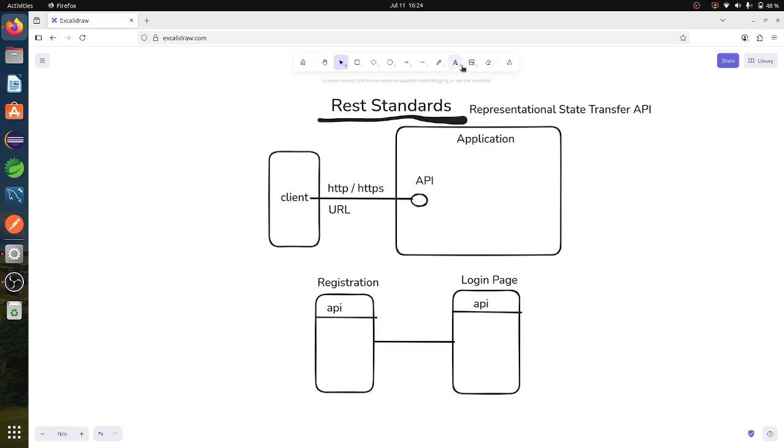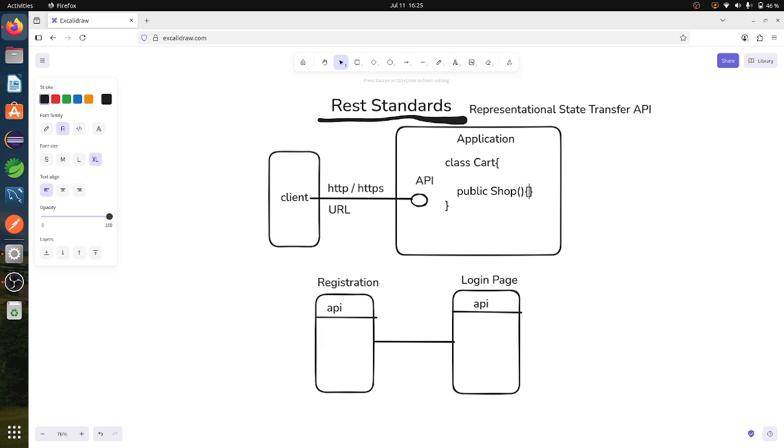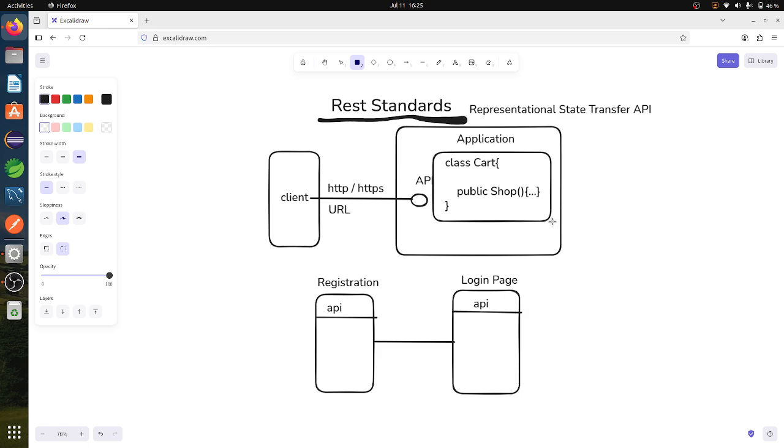Here in my application there is a class, some cart application. So there will be one method. In this way the user wants to talk with this application.